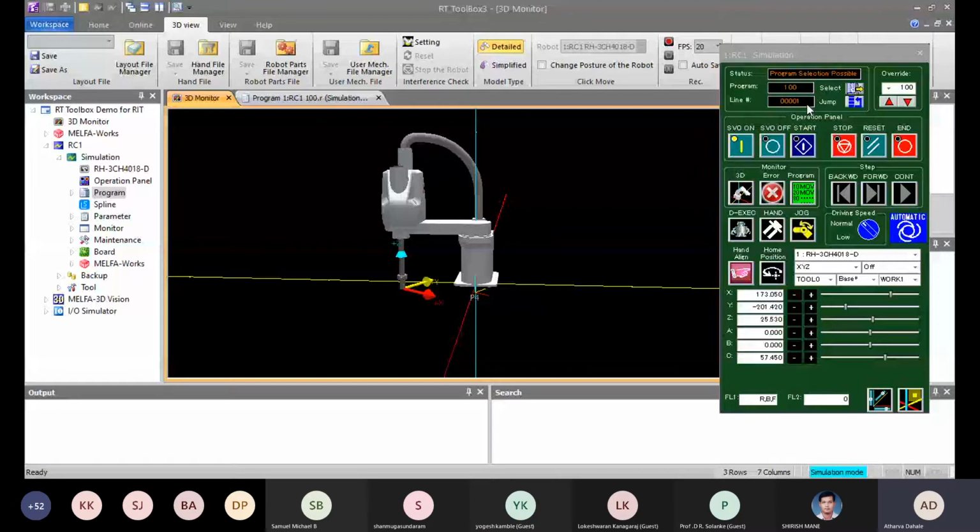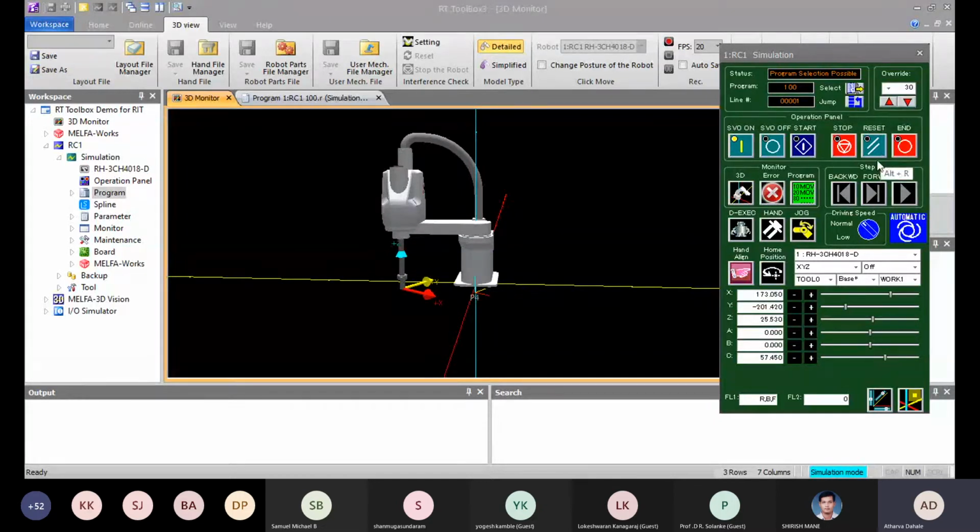Now here is the speed box. So I click on 30. That is my speed. At 30% of the speed, the robot will move.